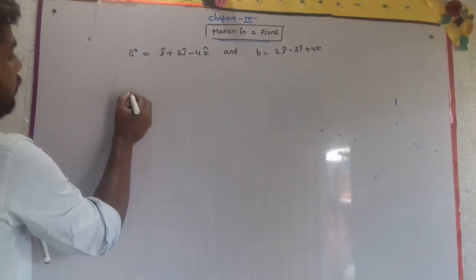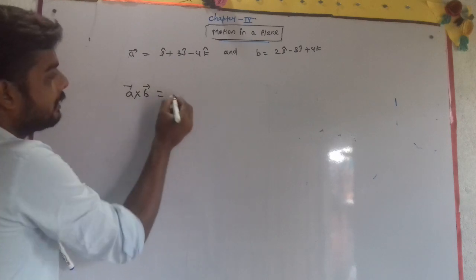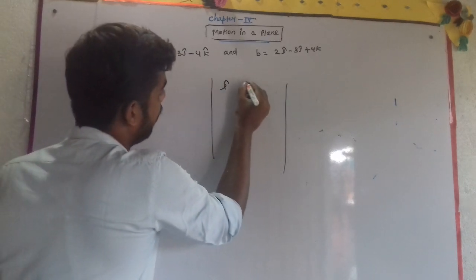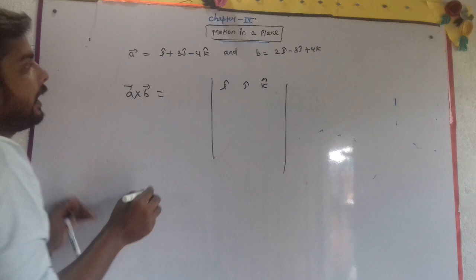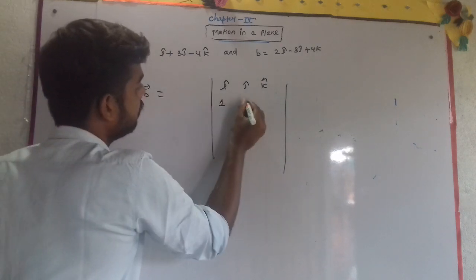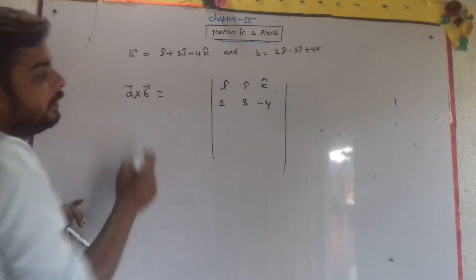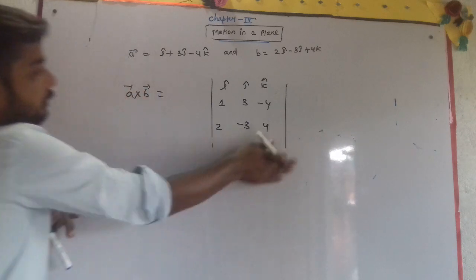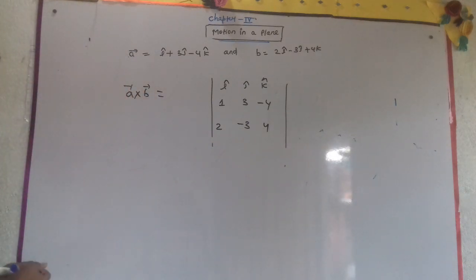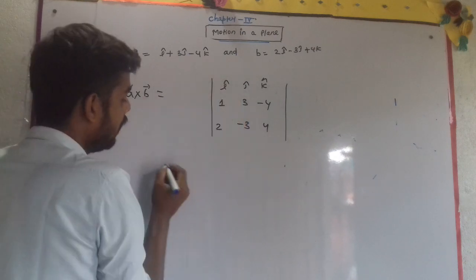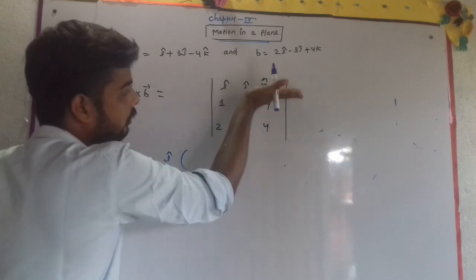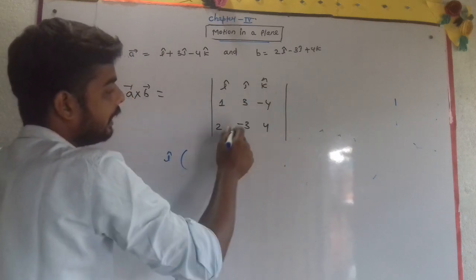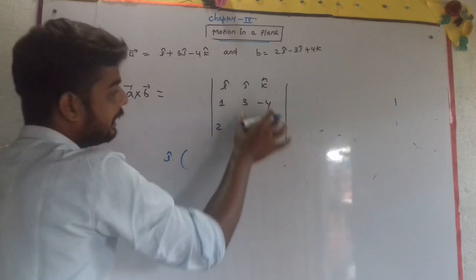Now we will see the cross product. What is the cross product? A cross B. For that we will take the mod, the determinant. So i, j, k you have to write, and afterward the coefficients of A and B. Coefficient of i is 1, j is 3, k is minus 4. Here 2, minus 3 and 4. So as you have studied in mathematics, how the determinant can be solved: I first will take, then this column and this row will be hidden. So we have to multiply these coefficients and put the minus sign between them.